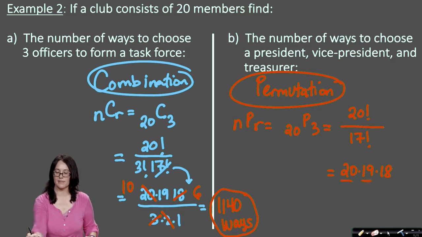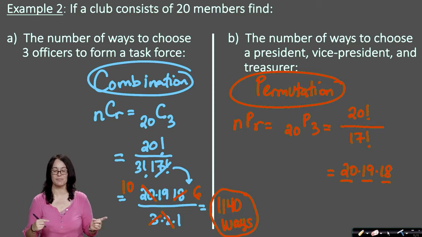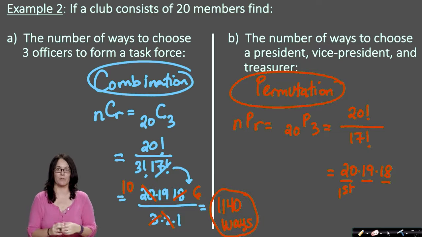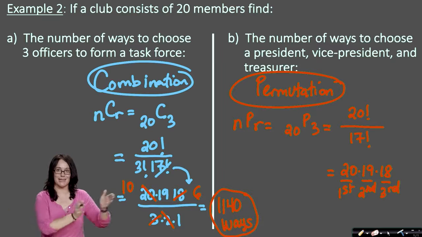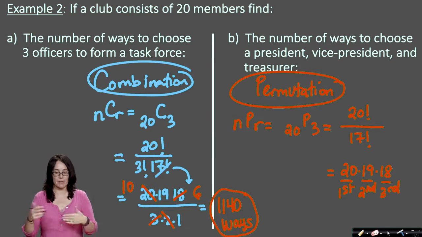Let's think about why this makes sense. It's kind of like your FCP. Remember from our last section? We talked about the fact that when you make your first selection, if order matters, you could use the FCP there. You'd say there's 20 people to choose from. Well, once you've chosen one of them, how many are left to make your second pick? 19. If you've ever played team sports and they're picking people to be on the team, you know how this happens, right? One person gets picked and now there's one fewer to pick from, right? So there's 19 people for the second pick. And now they've taken that person out. How many are left for the third pick? Yep, that's right, just 18. So if you multiply 20, 19, and 18 together, that's the same result. So that's basically the FCP